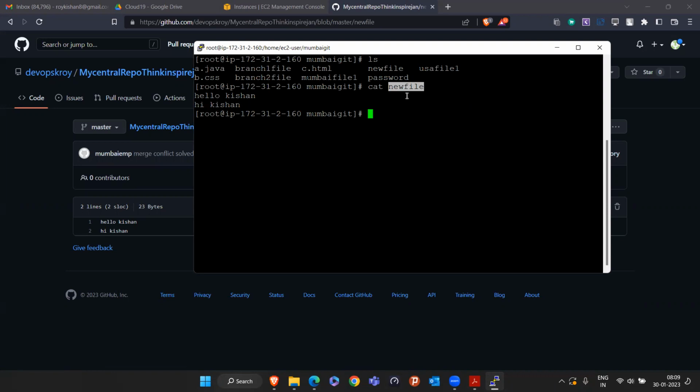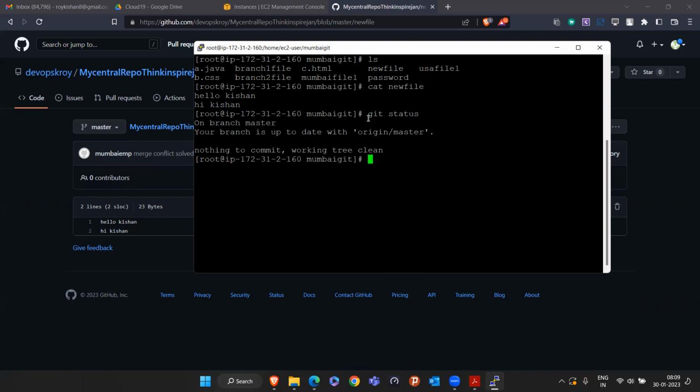Because I am going to leave this new file in between, and I will keep working on the Mumbai file. But once I make some changes in Mumbai file one also, and I hit the command git status, we'll see that both files have changes, Mumbai file one and the new file. But the new file is not completed at all, so we cannot commit it. In this case, the concept called stashing comes into the picture. Stashing says, if your code is not completed,